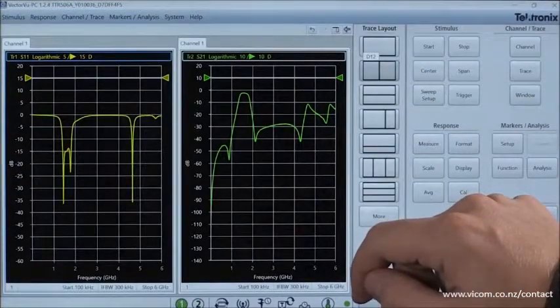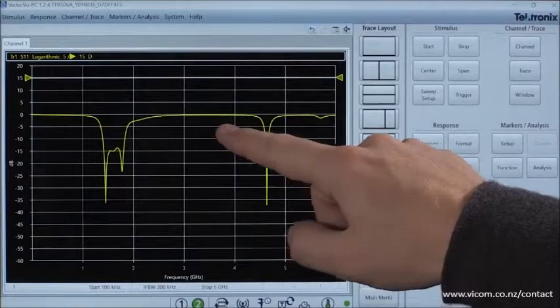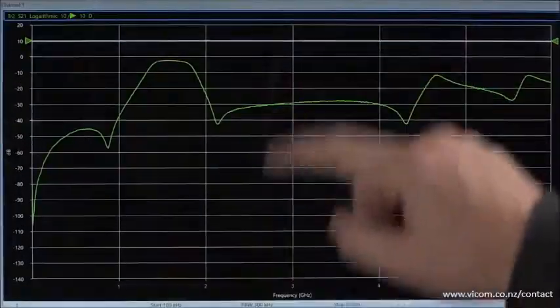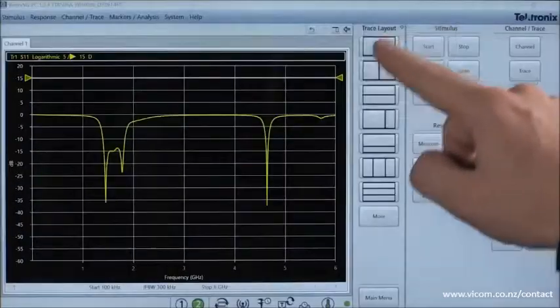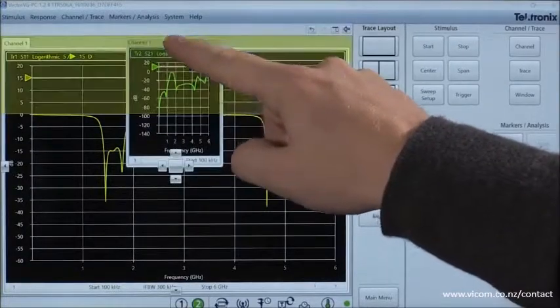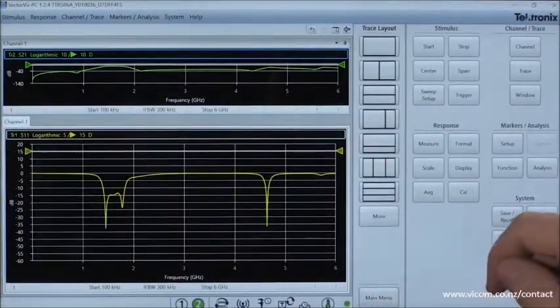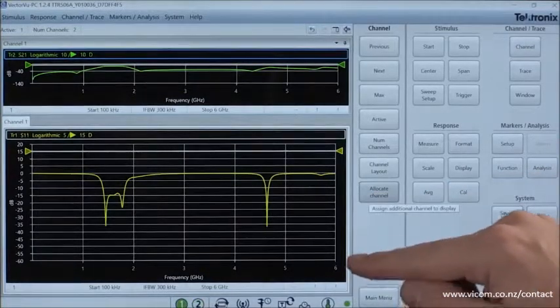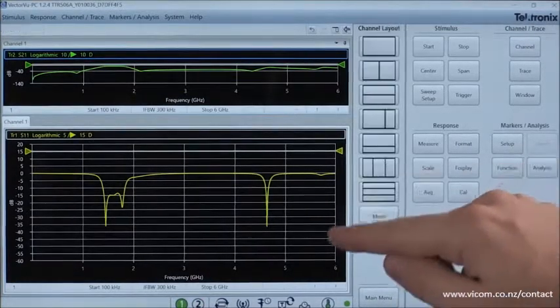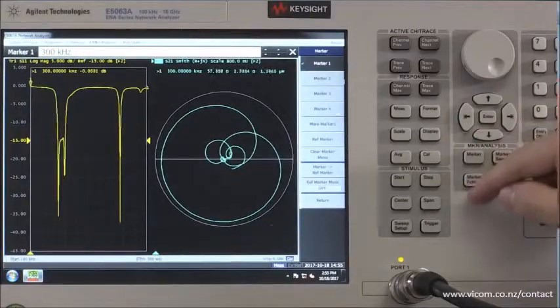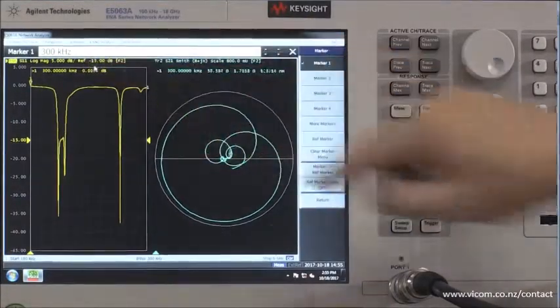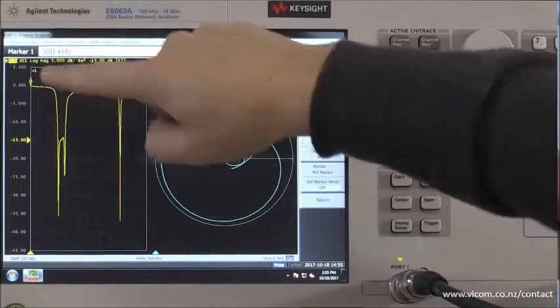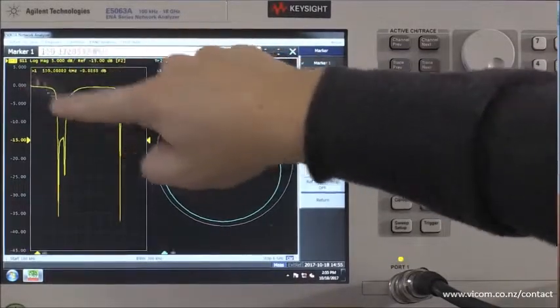Everything is controlled by the user's PC and can be displayed on any compatible monitor chosen by the user. Optimized for touch and mouse control, and when paired with a touch-sensitive monitor, the TTR500 allows operators and technicians to make setting adjustments by the simple touch of a finger or mouse click, all from the comfort of their PC. And similar to the E5063A, the TTR500 has LabVIEW driver support and is SCPI code compatible, allowing you to migrate